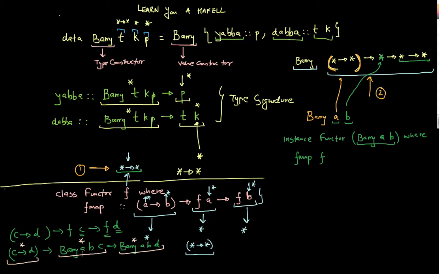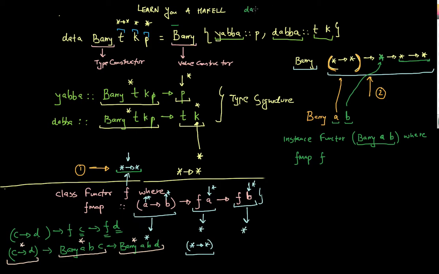So let's use pattern matching here. If I use pattern matching, the implementation of the fmap method is going to be: the first argument is going to be f as it is. The second argument needs to be some value that happens to be of type Barry ABC. How do I create a value? How do I use pattern matching here? Well, I can use pattern matching because I know the value of Barry ABC. And just so that we are a little bit consistent with our variables, instead of the TKP that I originally had,